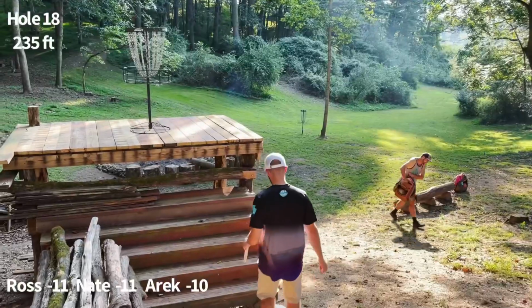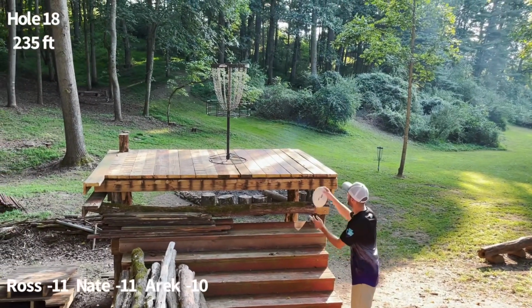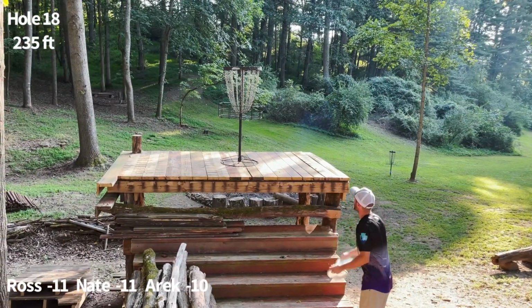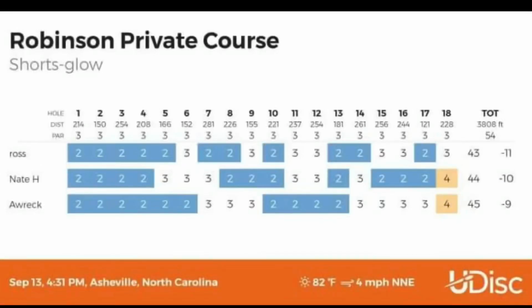Well, it looks like Ross is taking the win with the par on the last hole. This is the hardest hole, like I said, mainly because of this green, as you can see. So 2 bogeys and a par. Ross finishes 11 under, Nate 10 under, and Arek 9 under. Great battle for these guys,